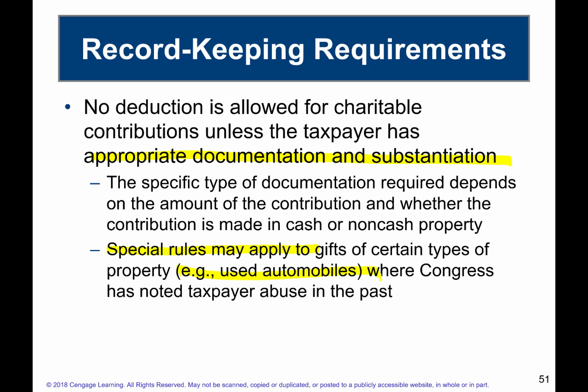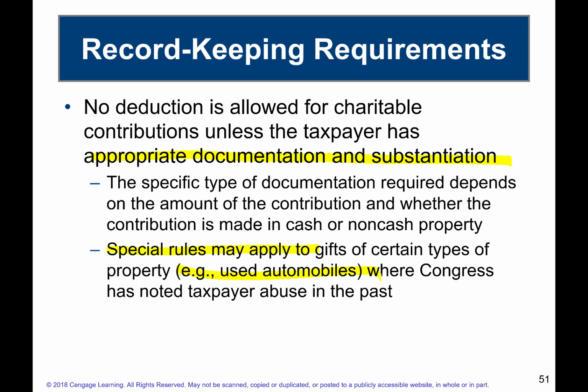I guess for automobiles there must have been some abuses, and there must be something out there where the IRS gives specific documentation requirements for the fair market value of vehicles. I don't know if you guys listen to the radio as much as I do, but I always get that cars for kids commercial all the time. They're probably saying, okay, we've seen some abuses, so there's specific documentation. And an organization that specializes in getting those kinds of donations probably knows what the documentation requirements are and is likely going to hand you whatever you need to satisfy that.